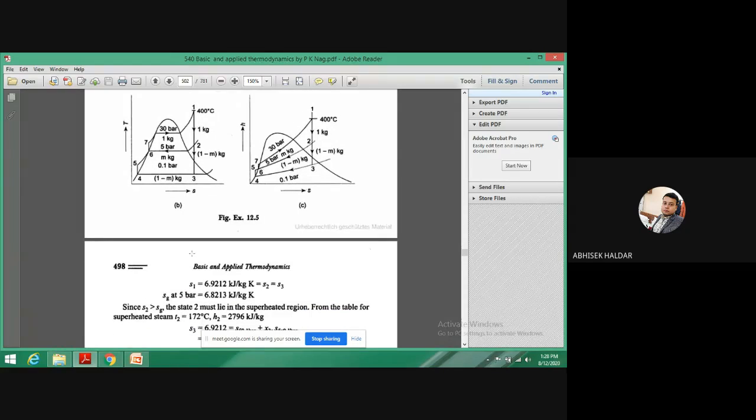Now once you are getting the value of h at this point in the Mollier diagram, here the hs diagram is also drawn. Let us see this one so that it will be easier to understand. This one point I can easily find out from the Mollier diagram, 400 degrees Celsius, 30 bar. From this point, if I take a line like this, I will get the value of h over here on the y-axis, and if I drop down a line like this, I will get the value of entropy s over here.